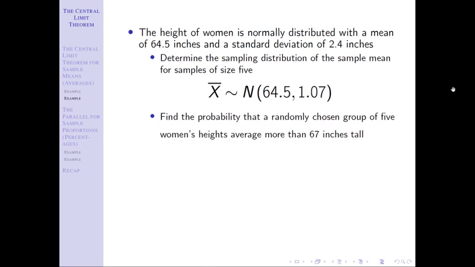So now the questions will work out pretty similar. Find the probability that a randomly chosen group of 5 women heights average more than 67 inches tall. So I have a couple of clues as to why this is a probability of x bar question, not a probability of x. First off, I see the word average. Now I have a group of 5, right? So a couple of different keywords there. So the key is just make sure that we write out our probability statement correctly. And then just like before, we standardize both sides, work until we get a probability z less than, then go to my table or go to Excel.